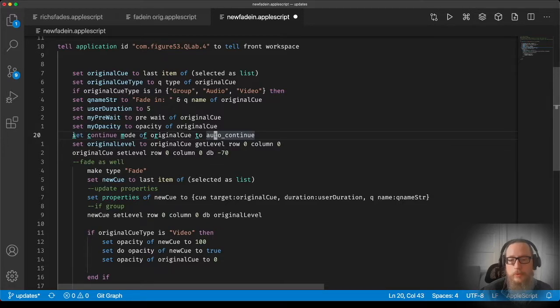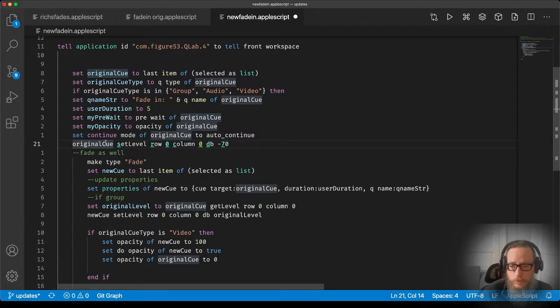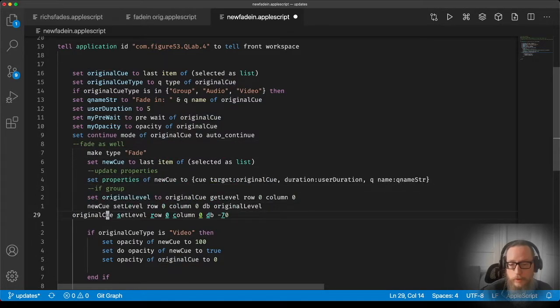The continue mode. So again, we only want to do sound stuff if we're working on a queue that's not a group. So I'm going to take this line and move it down to our sound block. And then we'll go back. Oh, and we'll need to take this one as well. Take that down there. All right, so